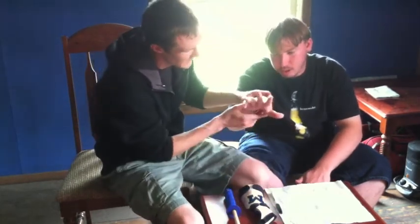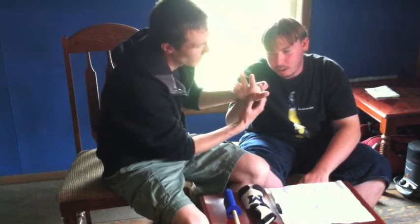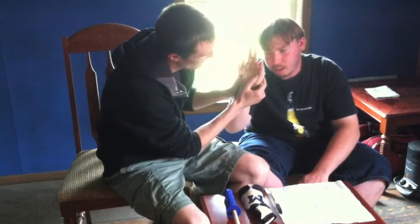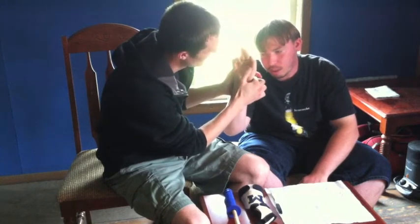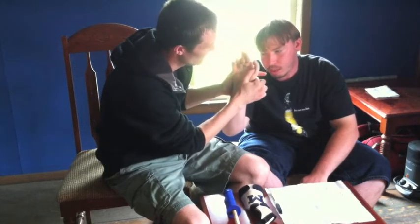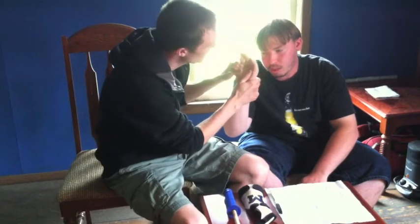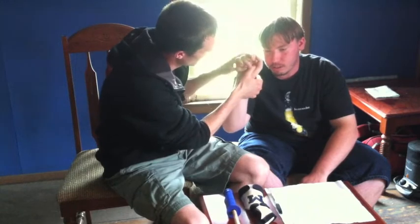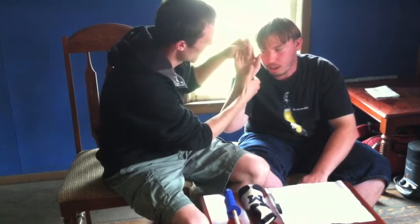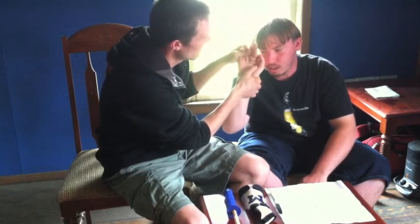So Nick here, let me just see your hand real quick so you can see how it's flexed here. And the goal is to help neutralize the wrist here a little bit. Obviously, we want to make sure that we do this slowly for his range of motion, to make sure that there's no contractures or that there's no pain. Is that hurting at all, Nick? Okay. Yes, sir. Okay, so bring the wrist into a more neutralized position,